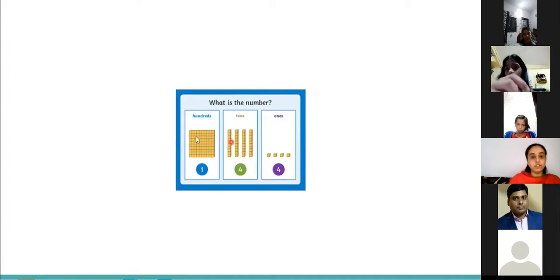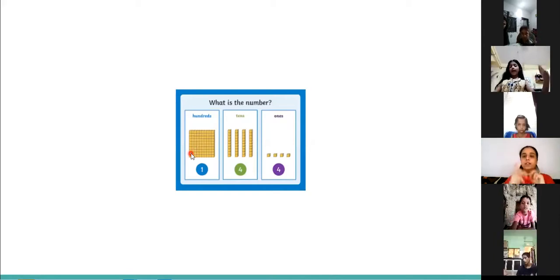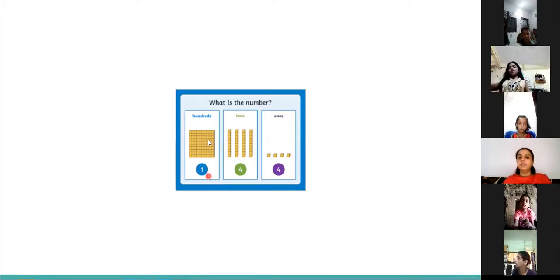And when you reach 100, can you tell me how many blocks will be there in hundreds? How many bundles of it? 10. Very good. So 100 will have 10 bundles of blocks, like 1 ten, 2 tens, 3 tens. You can see they are all joined together like a cube. It becomes a block. So similarly, this forms a block of 100. Yes, Harsh? Yes, 10. Correct, Harsh? Okay. So this is 100.